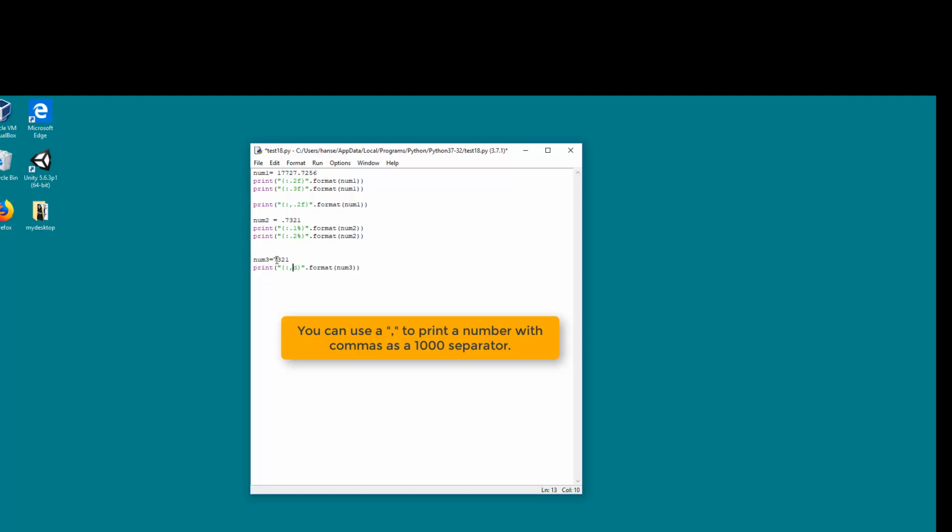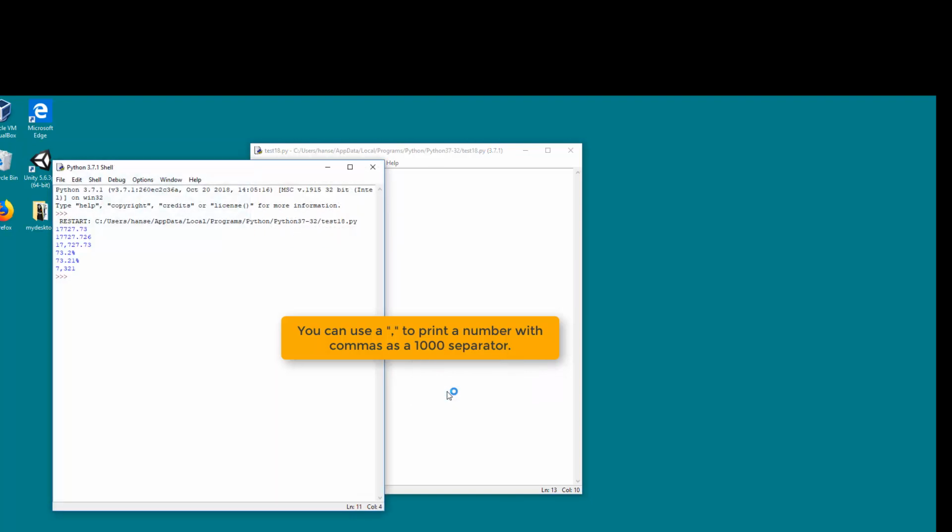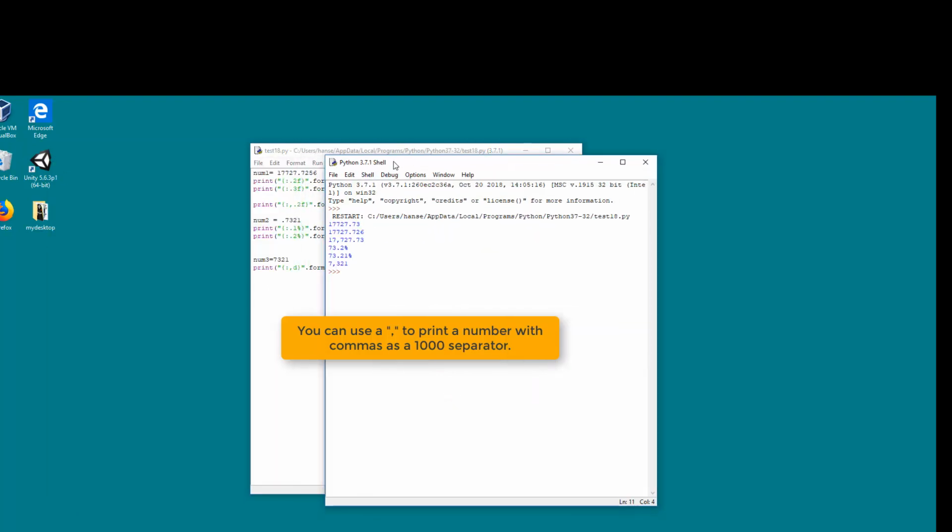So we should just get an integer that looks something like 7,321. So let's run this. And that's what we got. So it lets you work with floats, integers, percentages, and last but not least,